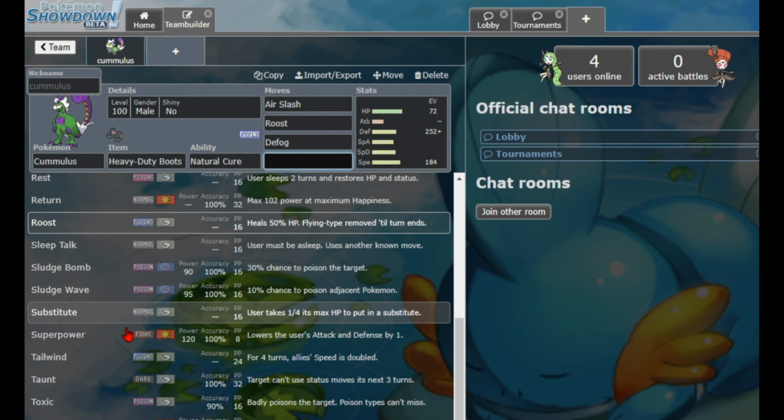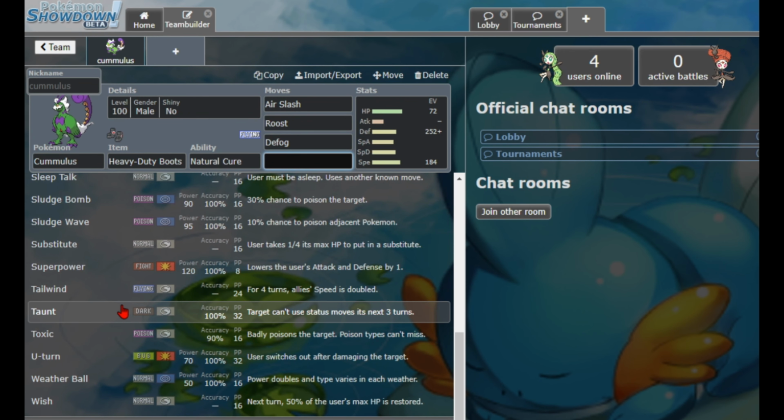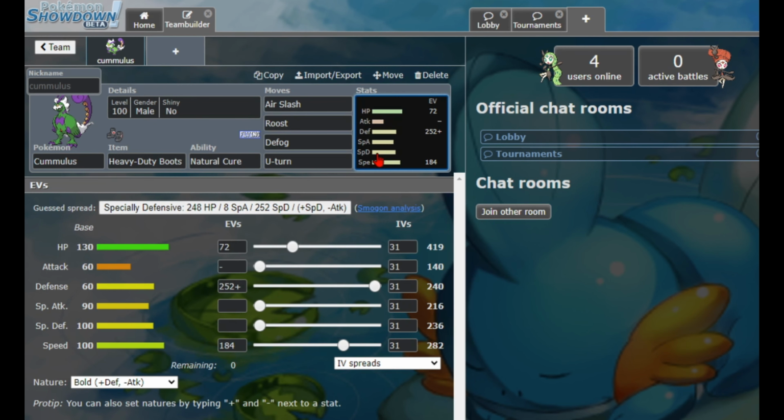What else do we have? Tailwind is good support. Taunt is really good. Toxic. U-turn. It also has Wish, so it could make a discount Damaritan Zen and just run something like this. This is my personal favorite that I like to run. But yeah,